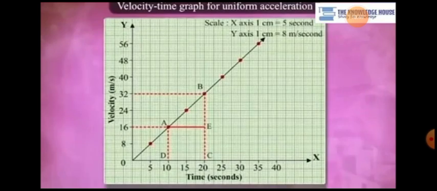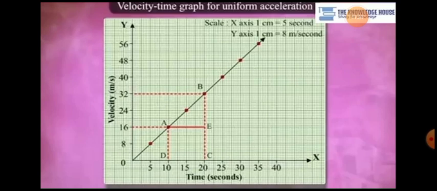The velocity time graph in the figure shows that 1. The velocity changes by equal amounts in equal time intervals. Thus, this is uniformly accelerated motion. How much does the velocity change every 5 seconds? 2. For all uniformly accelerated motions, the velocity time graph is a straight line. For non-uniformly accelerated motions, the velocity time graph may have any shape depending on how the acceleration changes with time.